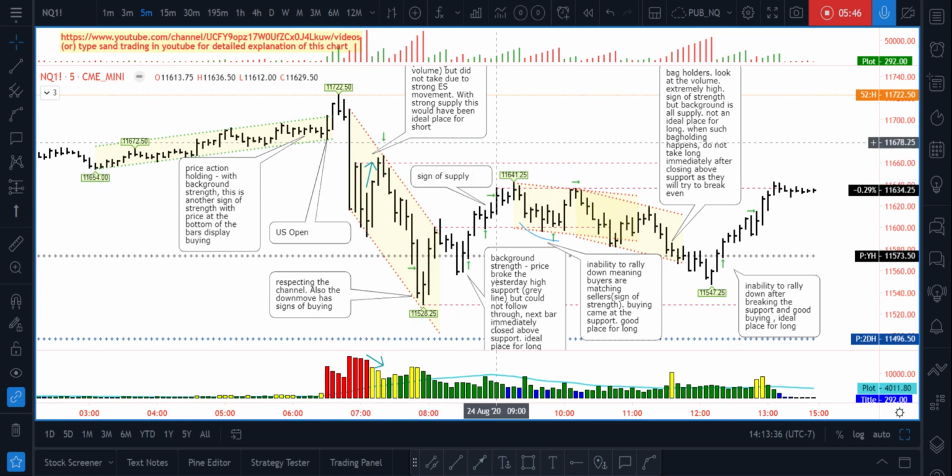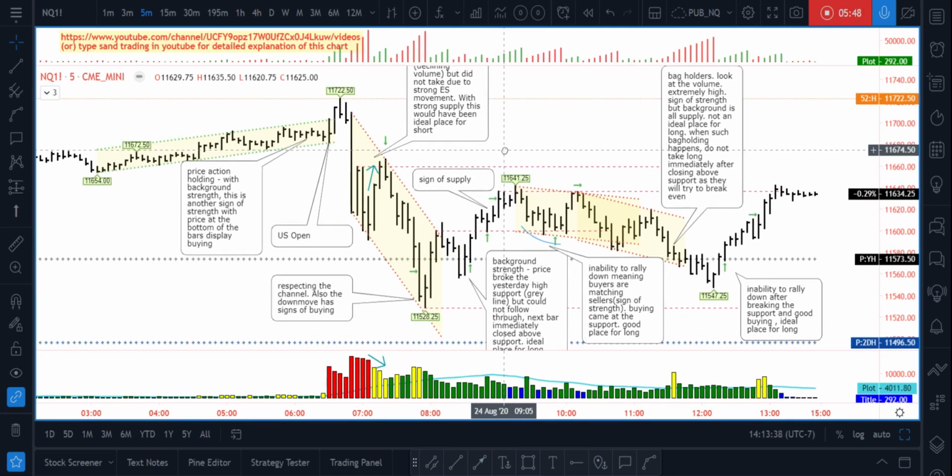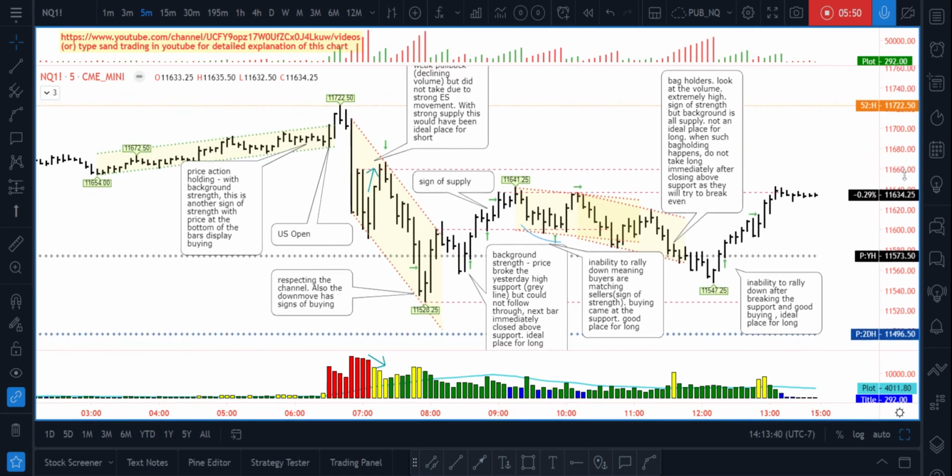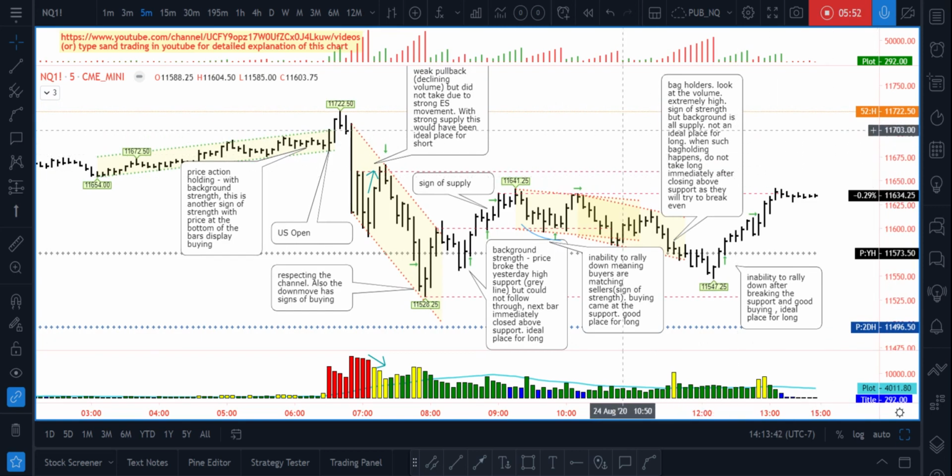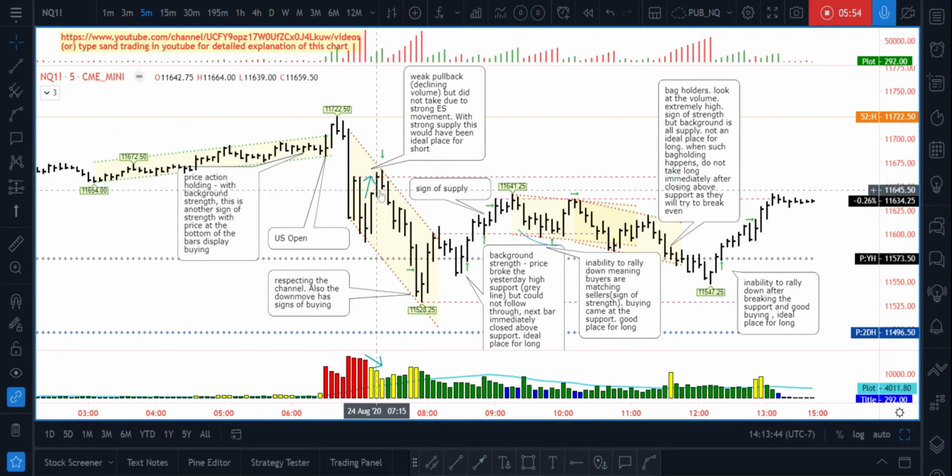However, I did not take a shot because I always compare the ES and then the NQ trading. So when I did that one, this bar in NQ, ES is a very strong bar, and ES can have the ability to pull it upwards. So that is the reason why I did not do that one. And then, as you can see, it started coming down.